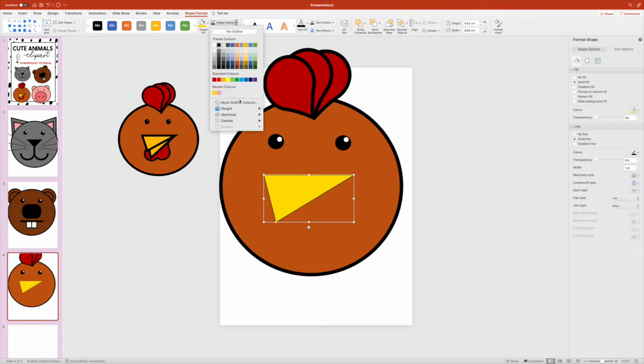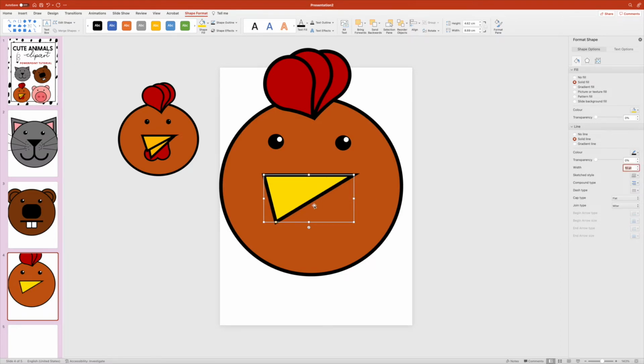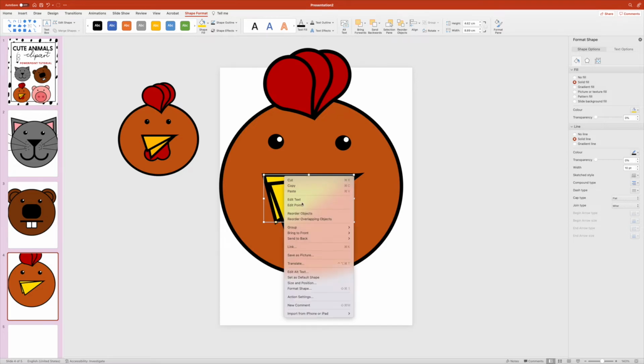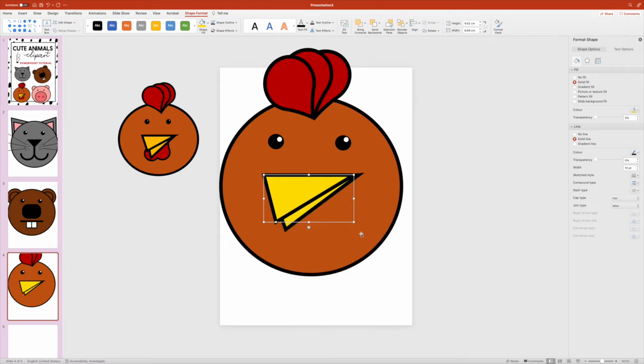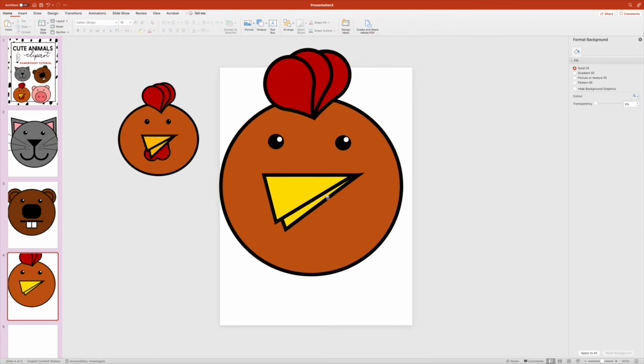We're going to give the outline again, same kind of thing. It kind of gets to a point, you guys, where it is kind of repetitive in a way of how to create, but once you get the hang of it, your workflow becomes super easy. So I've just duplicated that, and that looks strange. So I want to obviously make this one on top. So click that to bring to top, so then you've got one in the background and one in the front to make it look like a